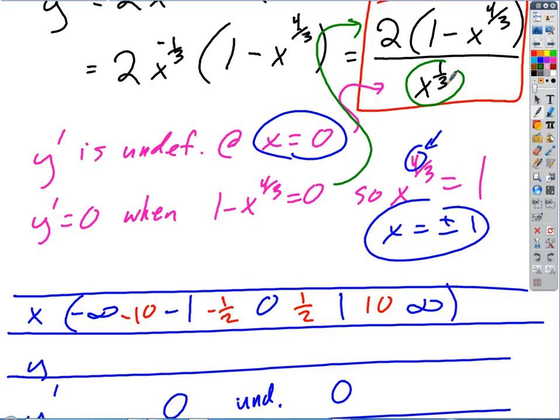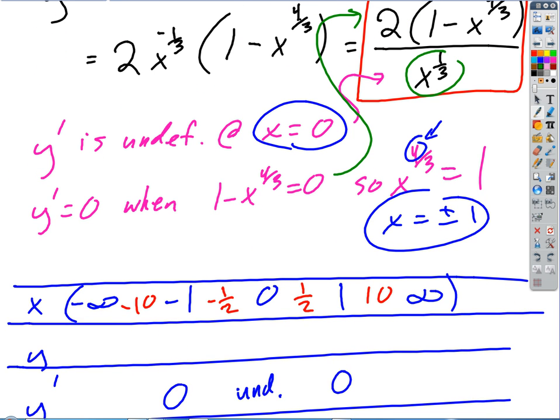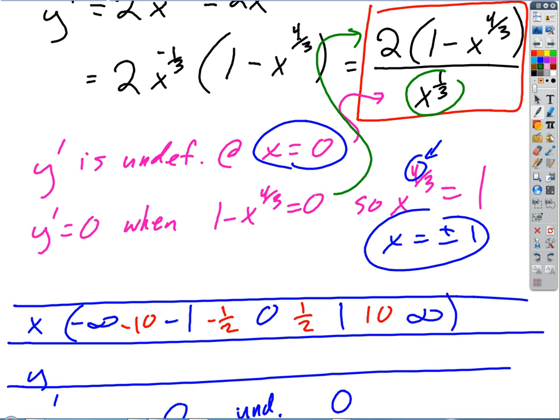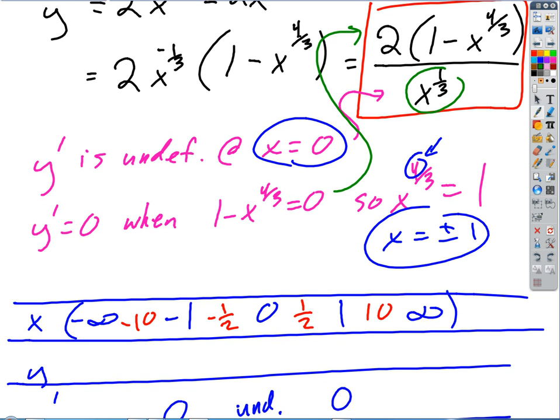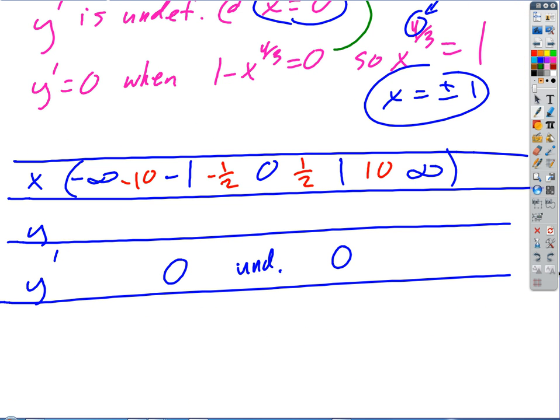And then on the top, so in fact, how about if we write this out? I'm gonna rewrite that so we can see it a little better. So we got y prime is 2. You guys remember what that is? You know, let's go to the next page. I'm running out of room completely.